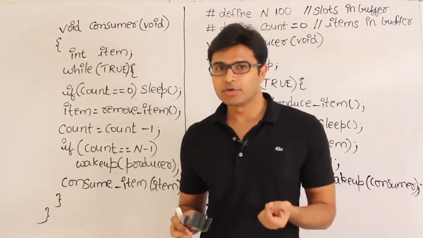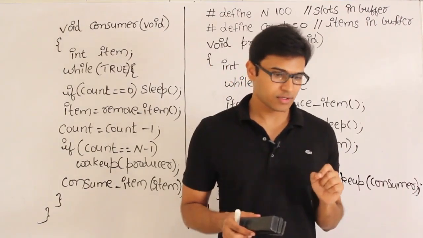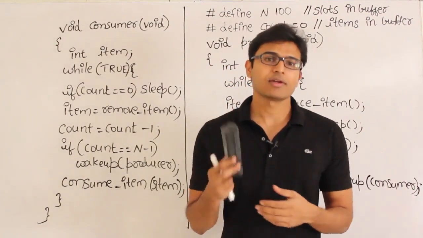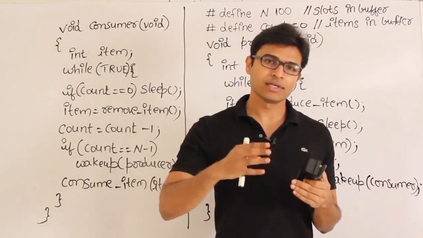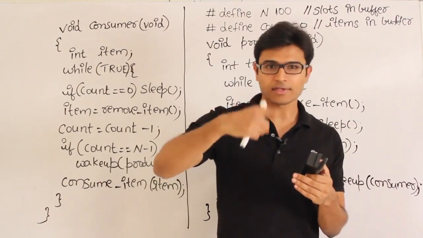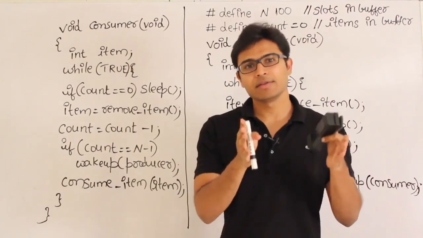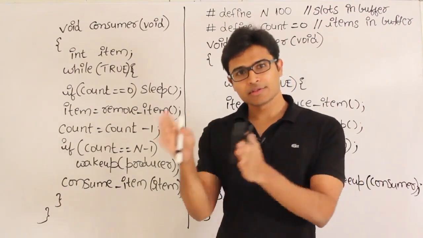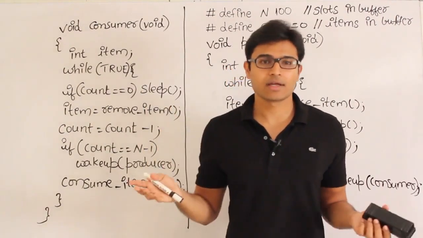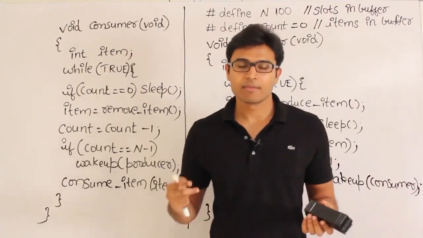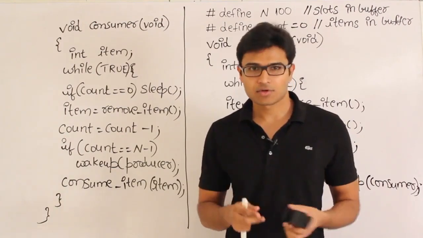But the problem with these two solutions is whenever you implement any synchronization mechanisms, they have this problem of busy waiting, which means whenever the entry section doesn't allow you to get into the critical section, the process is following an infinite loop in the entry section itself. Because of which the time allocated by the scheduler for the process to run on the CPU, that complete time is wasted. The reason is CPU will continuously execute it because it doesn't understand that the process is doing nothing, but the process will continuously be in the loop. That is called busy waiting, and that is completely a waste of time, first thing.